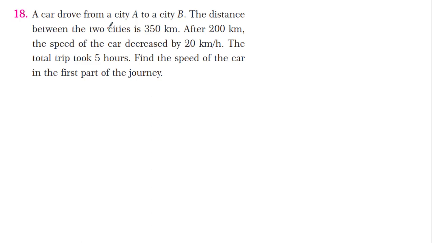A car drove from a city A to a city B. The distance between the two cities A and B is 300 kilometers. So there is the city A and then there is the city B. The whole distance from A to B is 350 kilometers. After 200 kilometers, so from here after 200 kilometers,